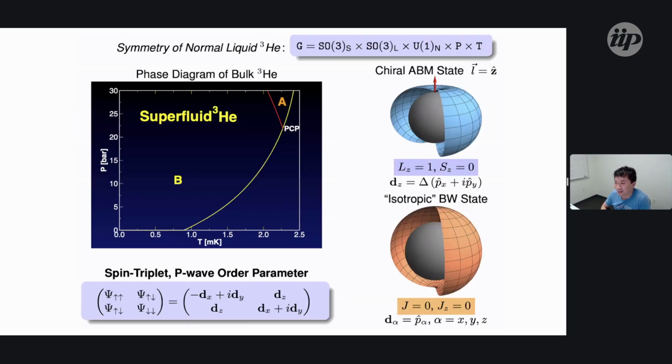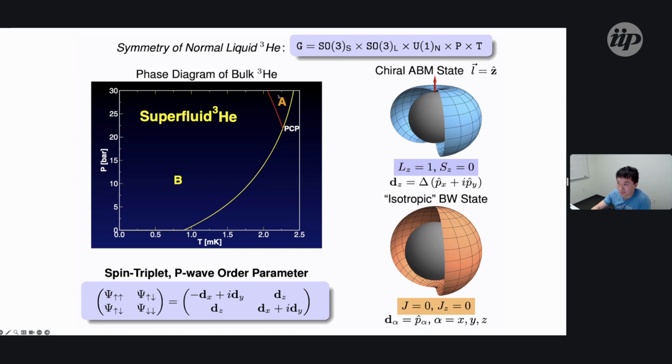Okay, so let's take a step back to go to the first unconventional superconductor. Right, I think this is still the best understood unconventional superconductor, P-wave in helium-3 superfluid. The low temperature phase diagram looks something like this. At about 2 millikelvin and with a large hydrostatic pressure, helium-3 condenses into a superfluid phase, and there are two